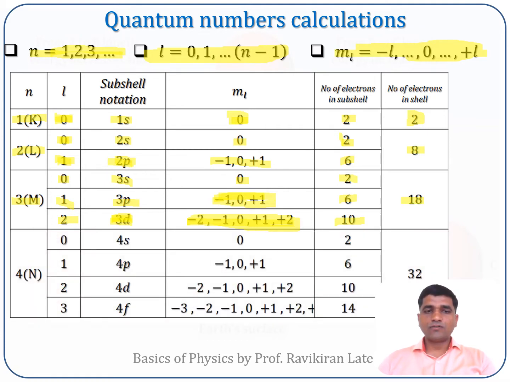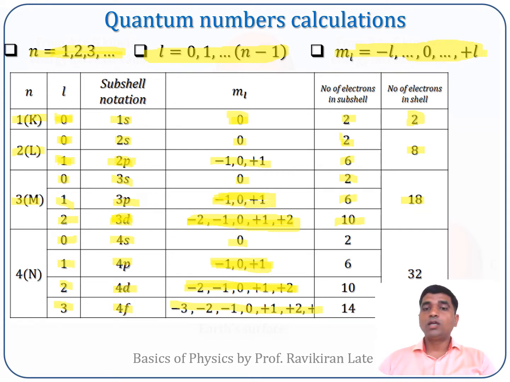If you similarly calculate for n equal to 4, which will have values of L from 0, 1, 2 and 3, so a total of 4 subshells will be there, and these 4 subshells are nothing but 4s, 4p, 4d and 4f. These you can write down as s, p, d, f. According to these you have different values of ml. For p it will be minus L to plus L, so it is minus 1 to plus 1 including 0. For d it will be minus 2 to plus 2 including 0, and for f it will be minus 3 to plus 3 including 0.